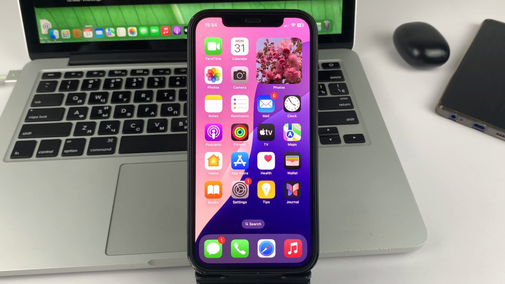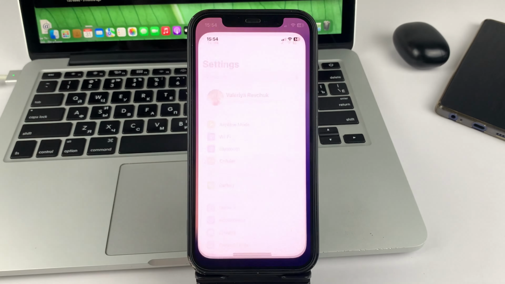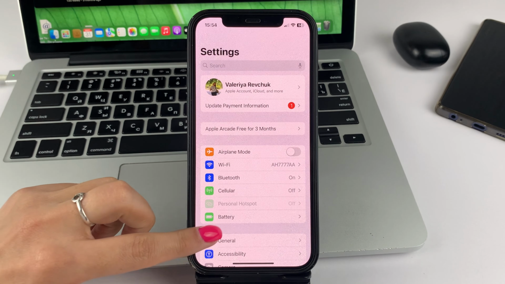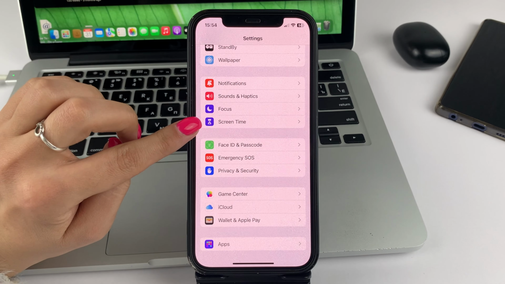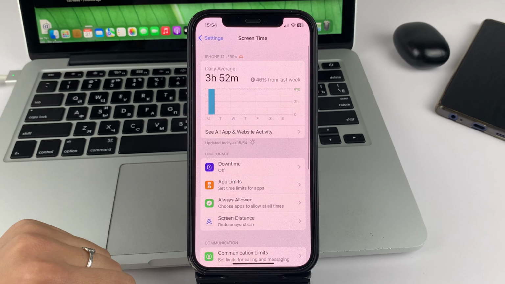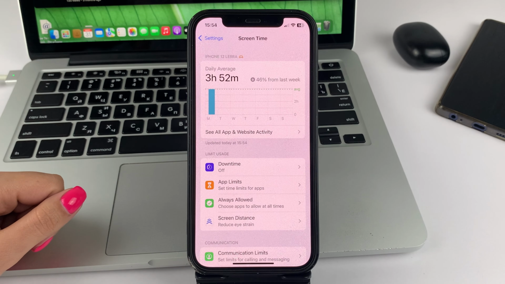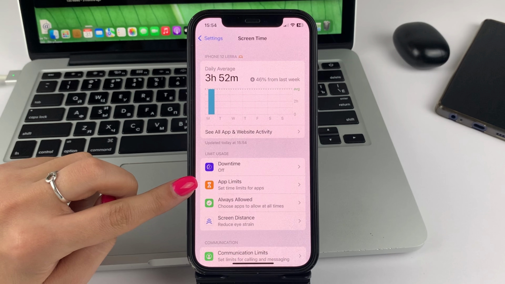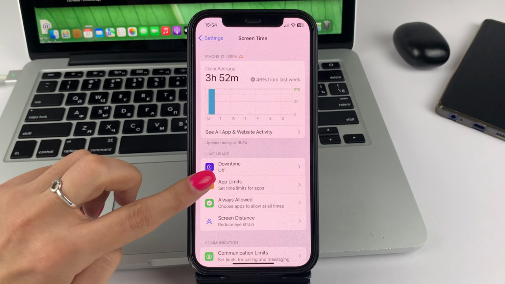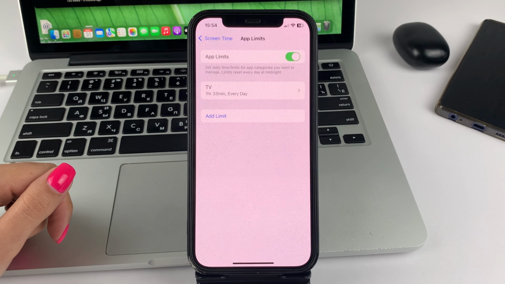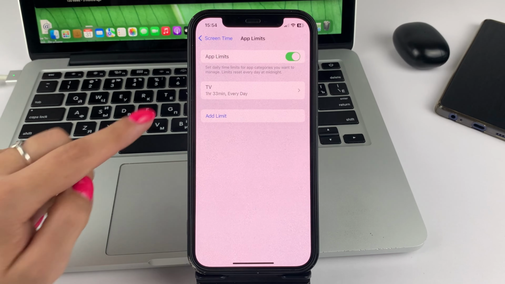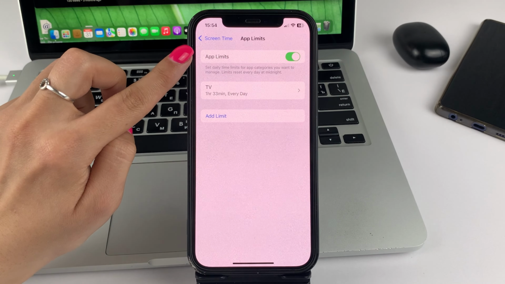And let's you and me, friends, get down to our topic. Please open the settings on your iPhone. Now you will need to scroll down to the bottom of them and find the Screen Time option here. Go to that. And then you'll need to click on the Add Limit option here. And then you can select the Add Limit section. Before you do that, please remember to turn this button on.